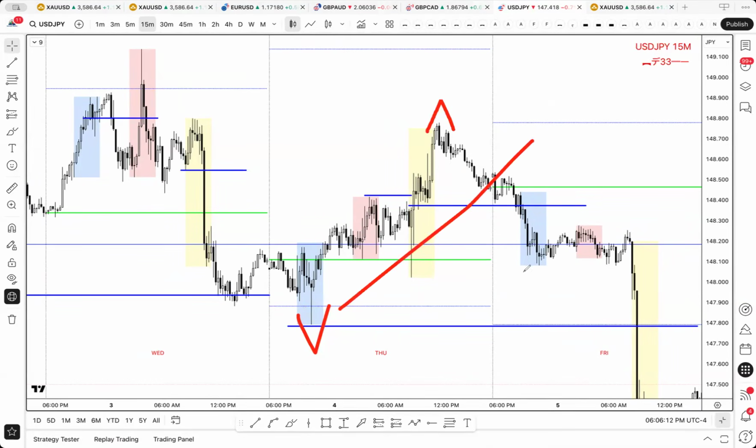And now we're breaking down on the back side for our pump and dump, which took an extra day, but we don't get the one, two, three on the day. Yes, this is a lower low on the inside, but they still had to pump it up first for the dump. So just comparing the two,